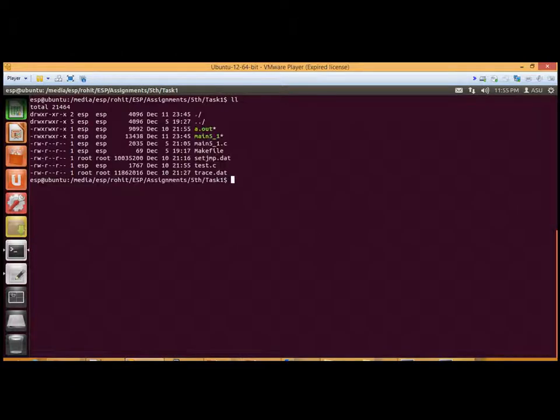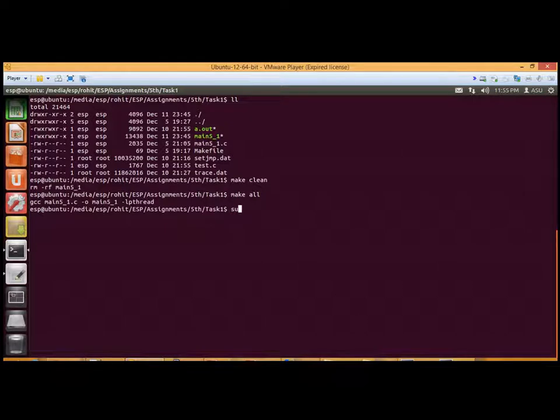So we have the file here. Let us clean the build and do a fresh build, and let us run the program. You can see that I'm running this as a super user because the mouse event file that is available can only be read by a super user. So when I run this program,